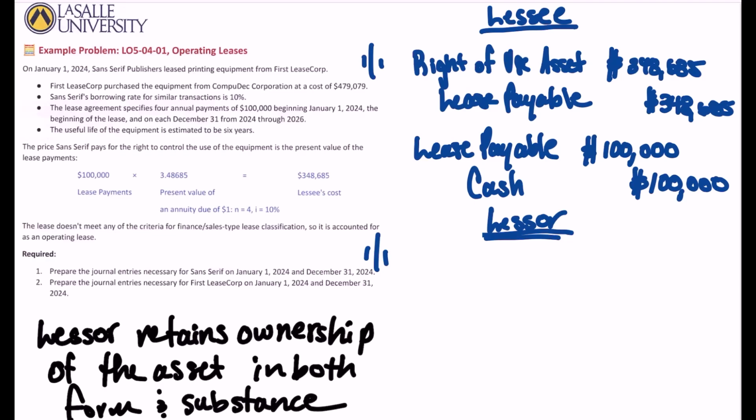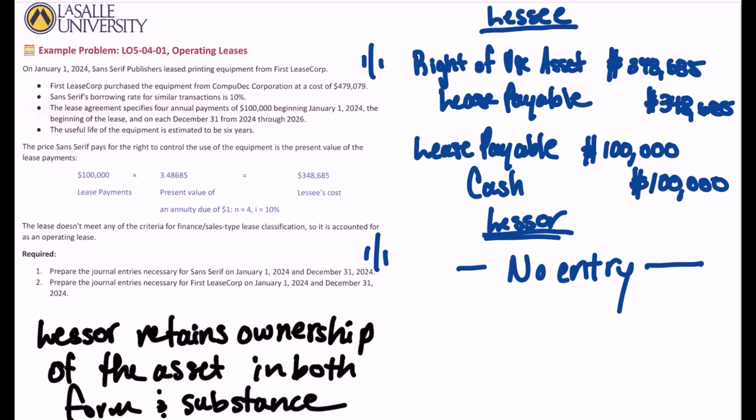So what that means for us is, while the lessee here is recording the right of use asset, the lessor is retaining the asset both in substance and form. So on January 1st, the lessor does not have to make an entry to remove the asset from its balance